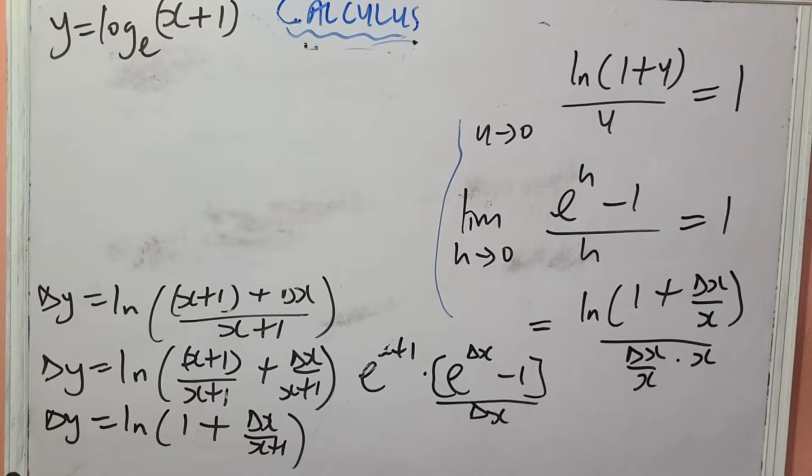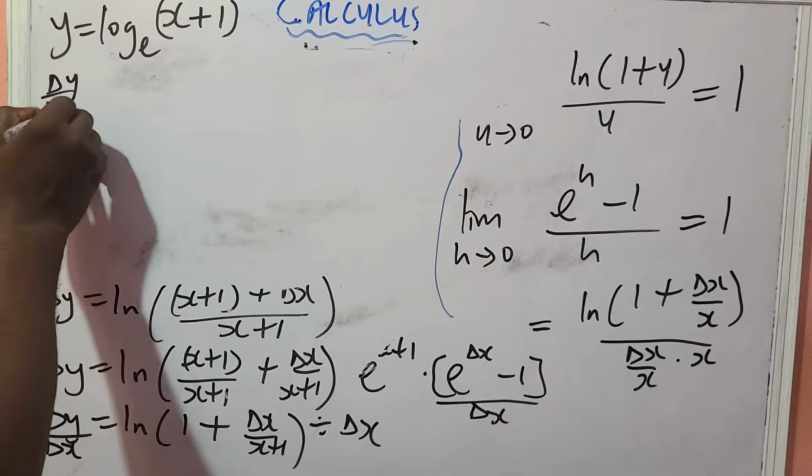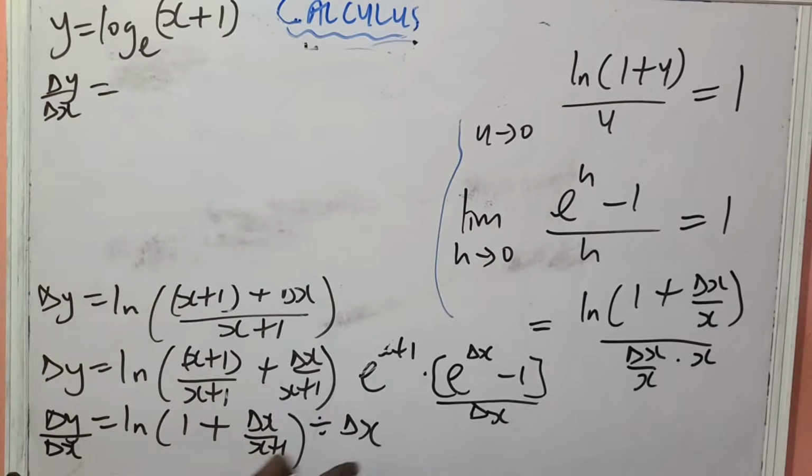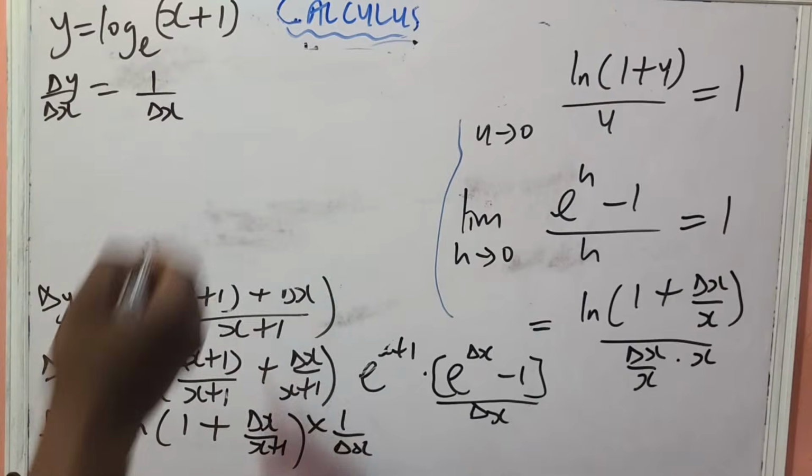through with change in x. So I can go on to even do it here. I can write change in x, then I can say divided by change in x. So that means I will have change in y over change in x is equals to, of course, this will turn to times 1 over change in x. I'm sure you agree with that. So I can have it as 1 over change in x